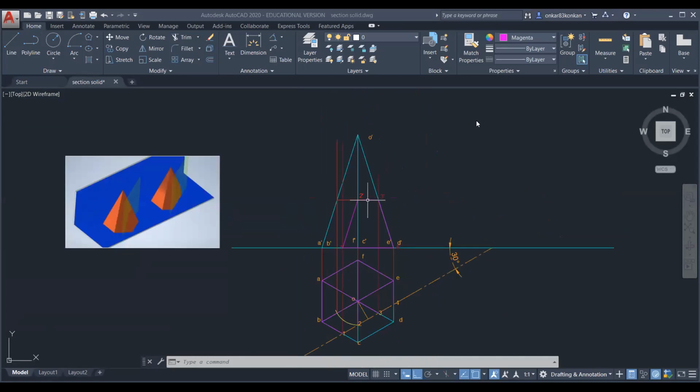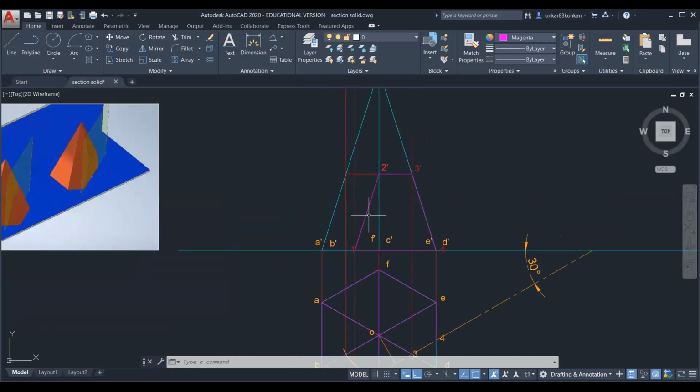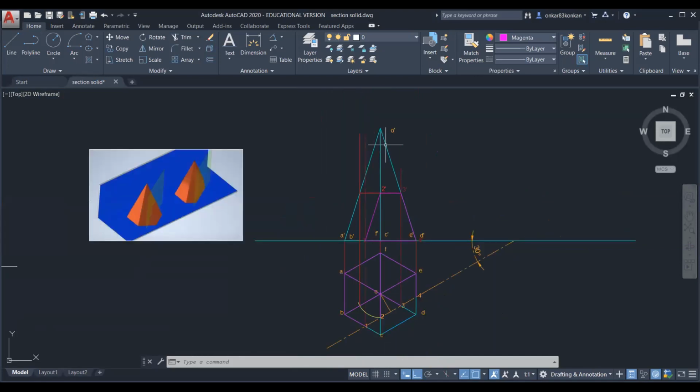Okay, they are on the same line. So this is your sectional front view. So now this 2 dash and C dash, so basically this is a portion of the slant edge O dash C dash in the front view.